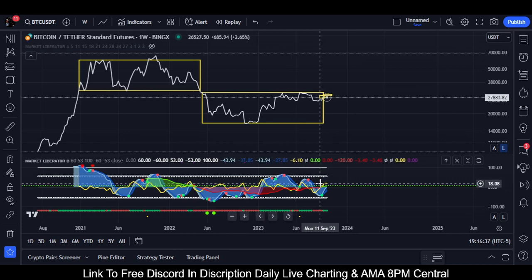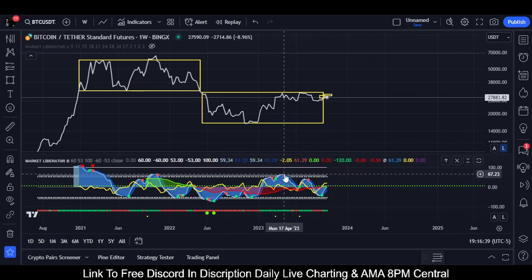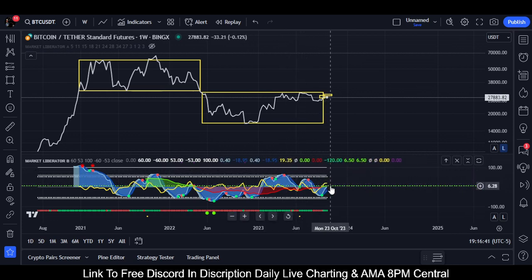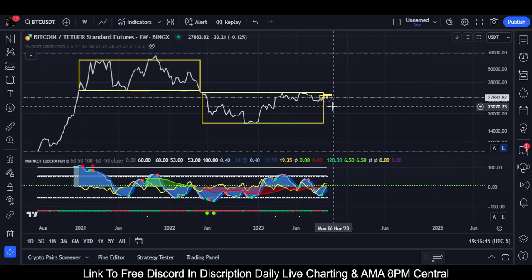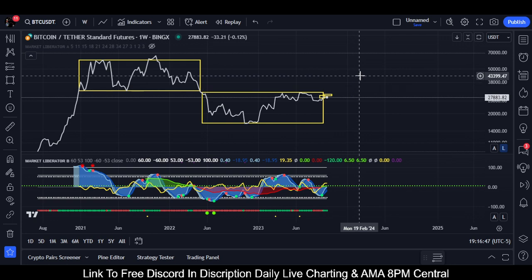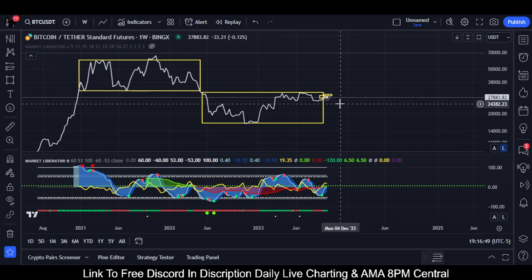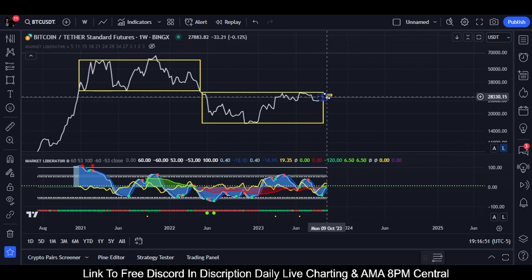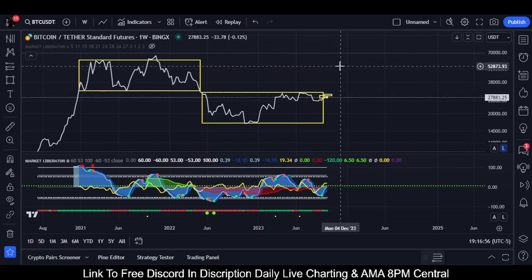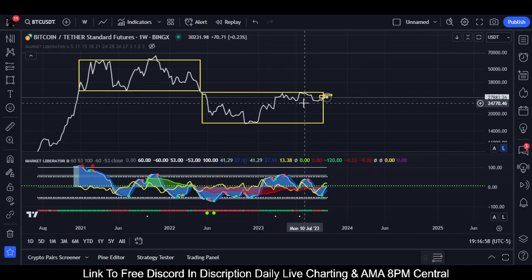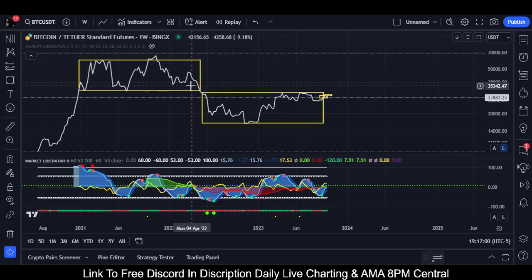This could very easily come on down. We could follow this curvature, this trend, and expect a rejection right in here, come down to 23K and move on up. Or we could just push on up, find support, range a little bit, or maybe we just blast off. But here we got these two ranges, and now what we're going to do